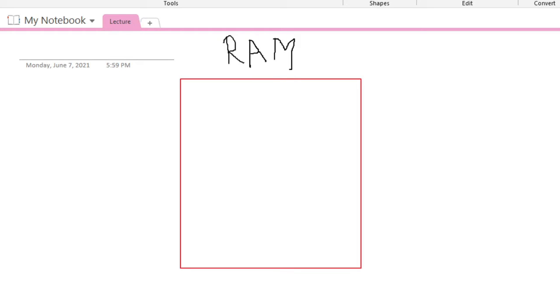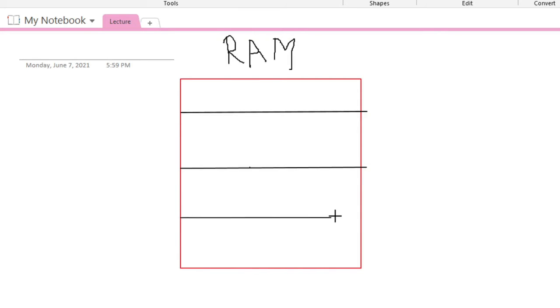It will have many slots. This is one slot, this is the second slot, and suppose there are 4 slots of memory.